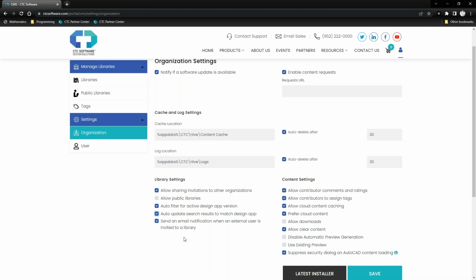All right, final option here, send an email notification when an external user is invited to a library. That ties in actually closely with this here. First of all, do you allow sharing? If you do allow sharing, when you invite an external user, do you want them to be notified that they've just been invited? Some of my customers do invite so rarely that they want that user to be notified by email. Some of my customers invite so many users, they just don't want them to be all notified with email